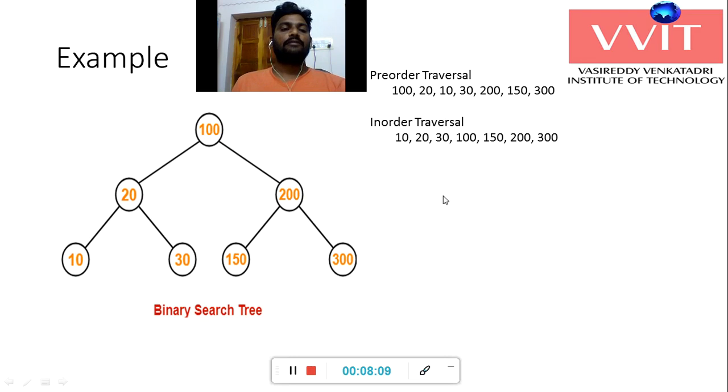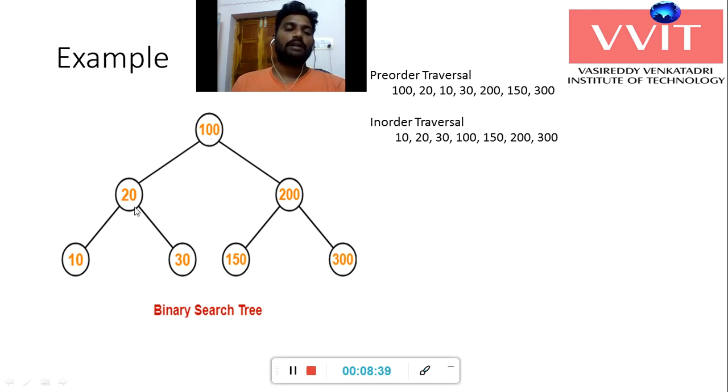In post-order fashion, a given binary search tree is visited. In that case, first the left subtree of the root node is visited, then the right subtree of the root node, and finally we visit the root node. In post-order traversal, first visit the left subtree, next the right, and finally the root node. The traversing starts from 100, and we move to the left subtree of the root node, then again to the left subtree of the root node.